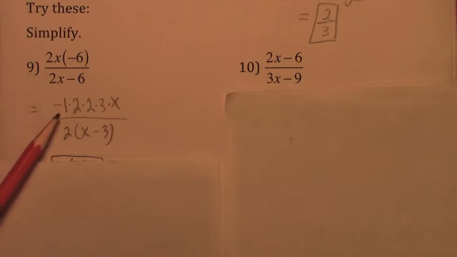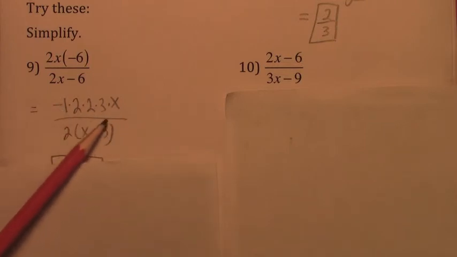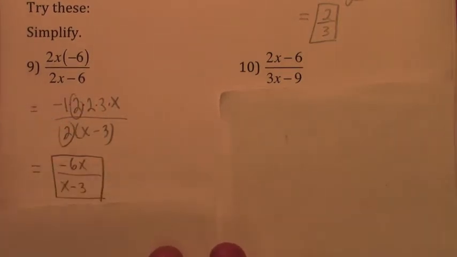You should see, let's see, 5, -1, 2, 2, 3, and x. There's 5 factors. How many do you see on the bottom? There's 2. There's a 2 and there's an x minus 3. Any common factors? Yeah. The 2 is a common factor, so your final answer should have been -6x over x